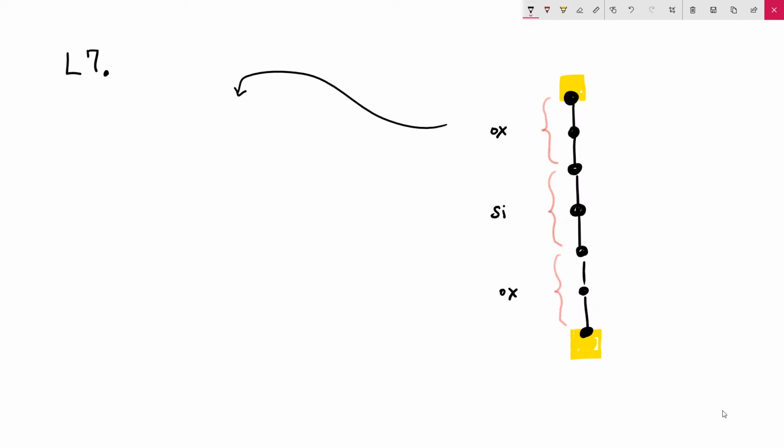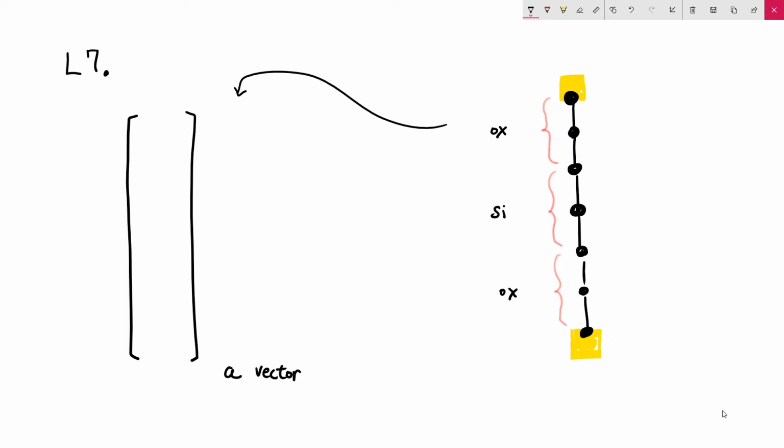For our unknowns, we use a vector of unknown variables. So today's topic is how can we define this vector